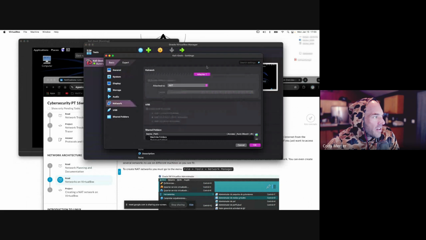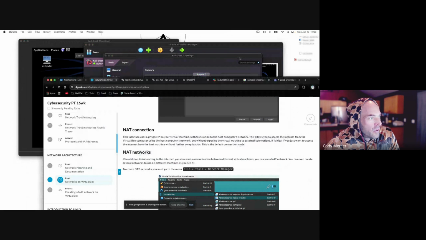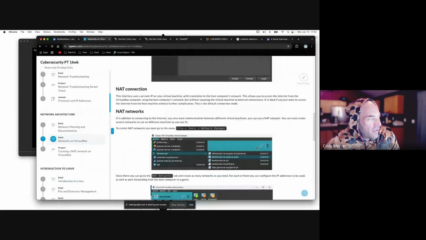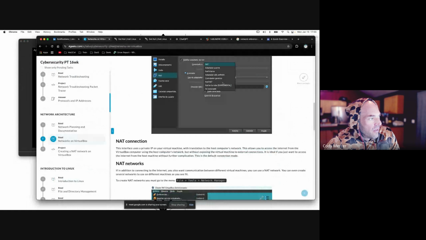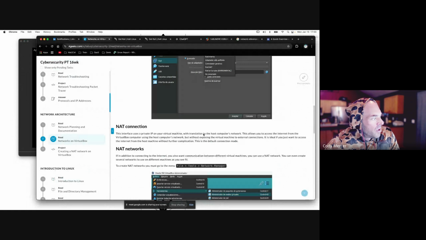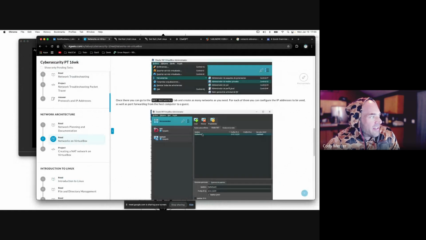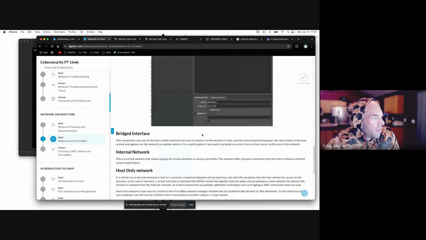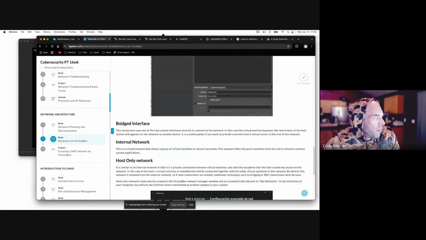And here I only have one adapter because that's the way it's set up now. But if I wanted to, I could have something similar to this right here, to where there's multiple adapters. Of course, this is beyond the scale of cybersecurity, so I won't go into too much depth, but bridged interface,